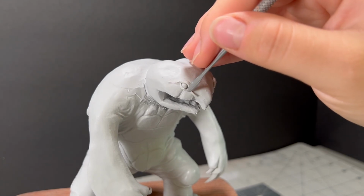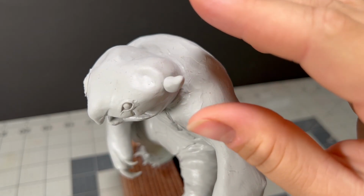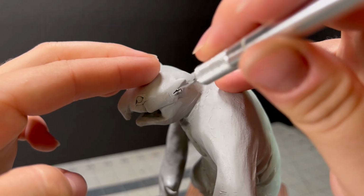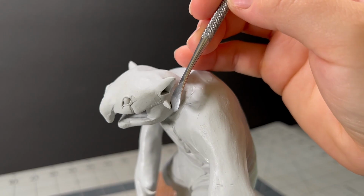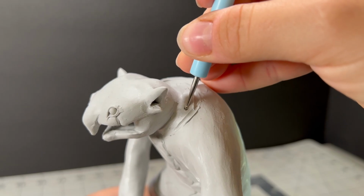Once they start to take shape, I can work on his ears, and for those, I'm gonna add 2 horns on either side, with the bigger horn having the opening of his ear. And once those were both on and blended in, I had enough detail for the time being to work on